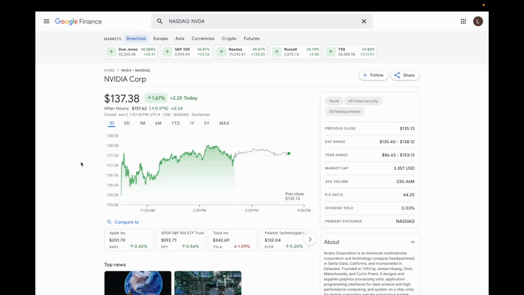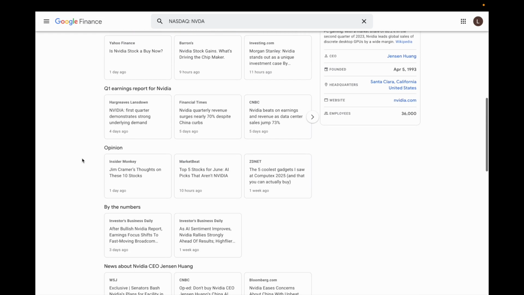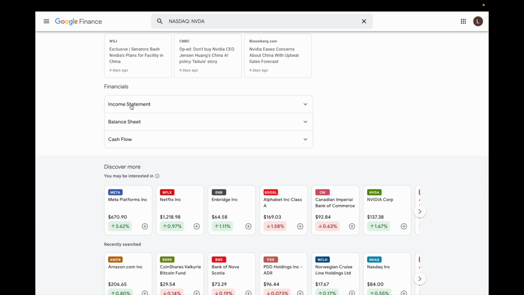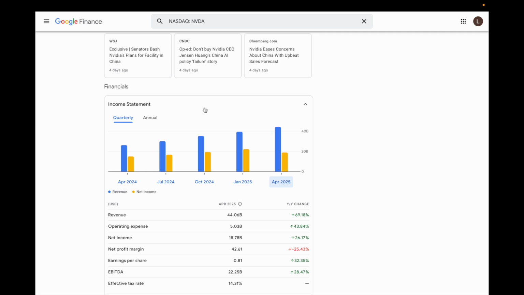Once you're on the stock of your choosing, simply scroll down to the very bottom to where it says financials. And for me, income statement actually is appearing, but you'll see income statement, balance sheet, and cash flow. Go ahead and press on the income statement right here to get the drop down. And if you want to view the quarterly revenue, simply go ahead here and make sure that quarterly is